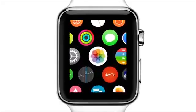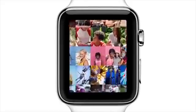Magnifying content on a small display is fundamentally important. Pause. Is it actually? Is it really though? Like, are we actually going to be showing people pictures on our watch instead of our phone? I don't know. So it's called the Digital Crown, and it's this knob or wheel and button on the side